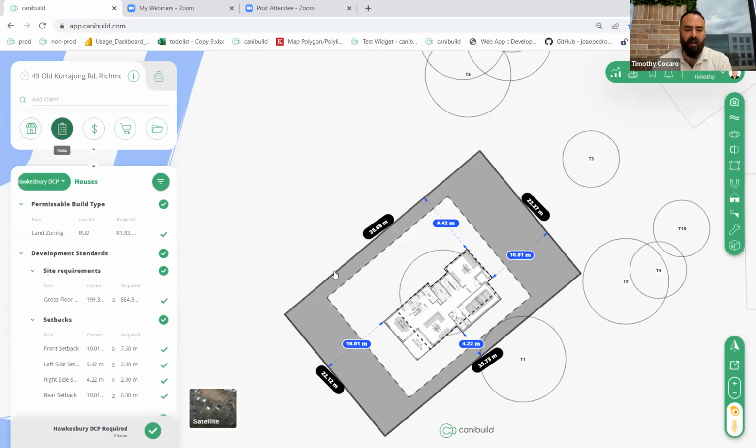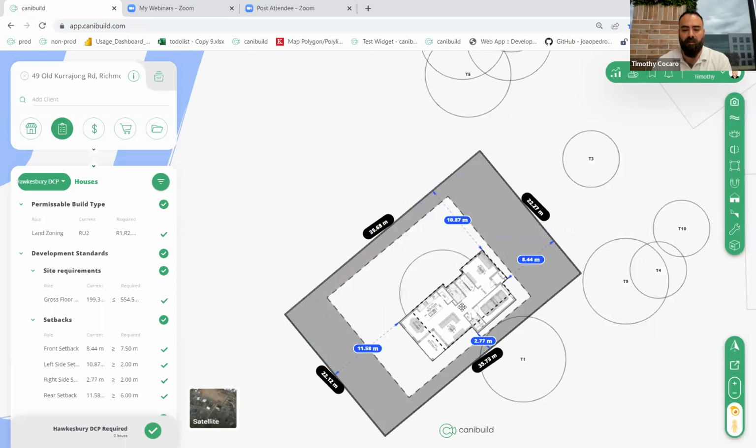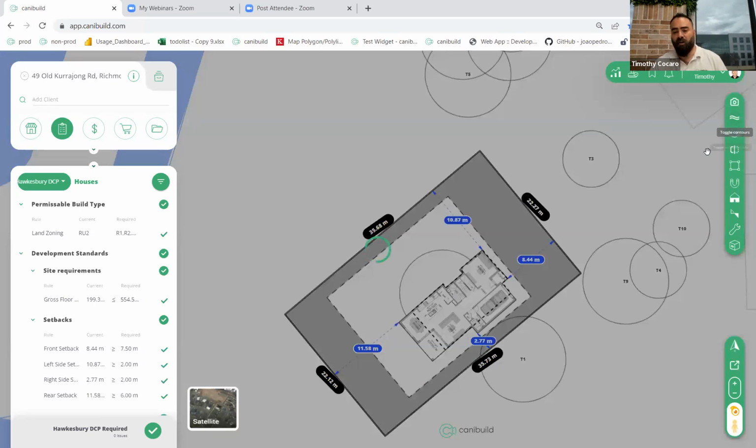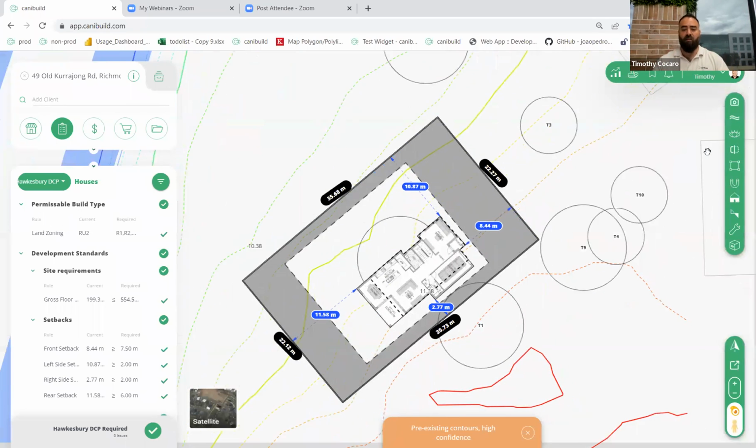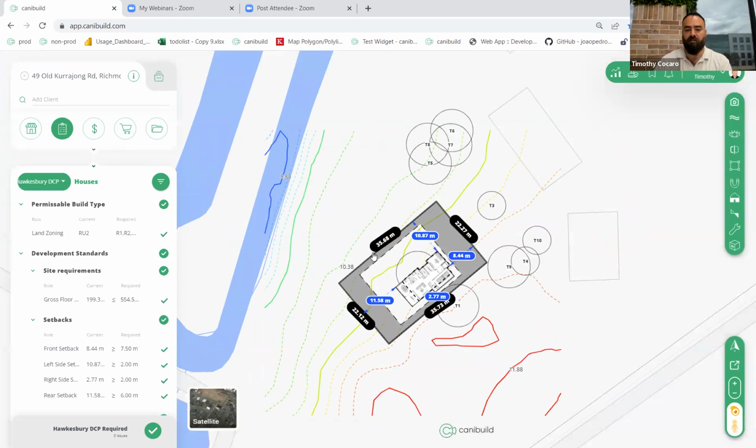it's now working as per normal. If you breach, it'll tell you you're breaching. If you generate a site plan, it'll generate the site plan for this context. Even if you click on the contours, it'll show the contours. So if you had positioned this based on longitude and latitude or roughly correct, you're able to still do everything that you've come to expect with canibuild and be able to start getting that information and showcase it on that